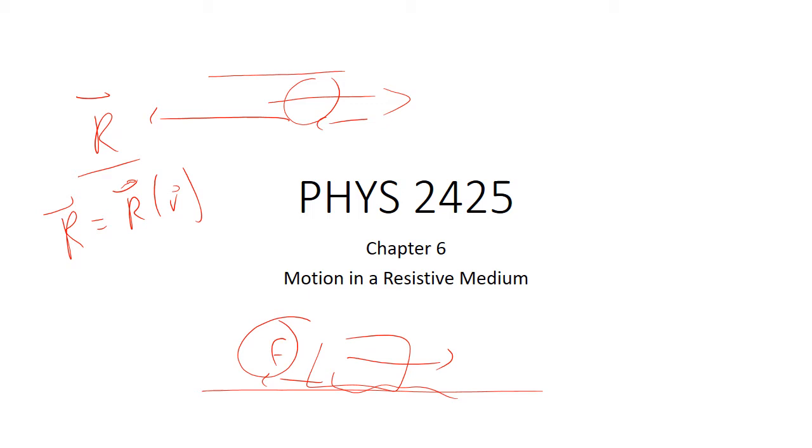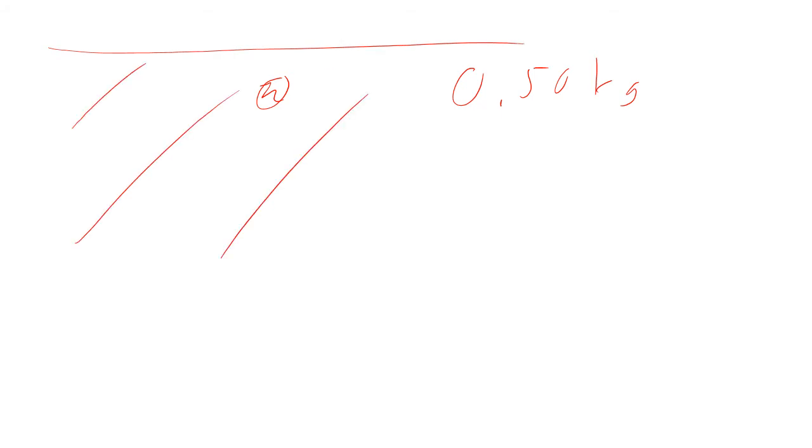So let's do a quick example. Let's say that we've got a big ball, 0.5 kilograms. So we have a chunk of something here, and it's sitting in a viscous medium, and we drop it. Now, if it's in air, you know it falls, mg, so the acceleration is g. Well, in this material, it falls, but there's resistance to the motion. In other words, the material is compressing in front of it, it has to go around it, and so that